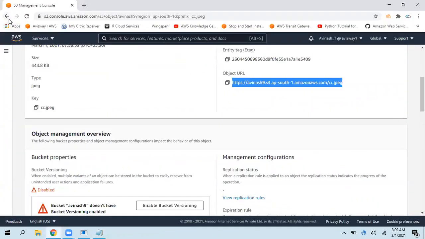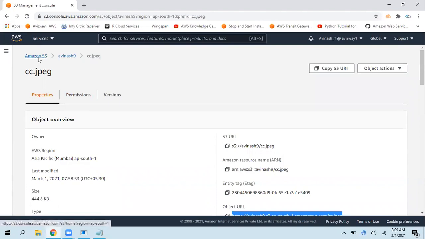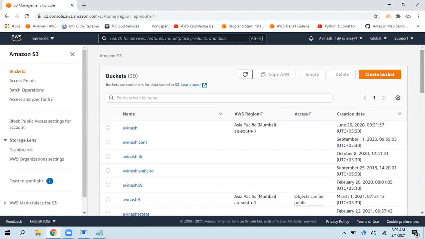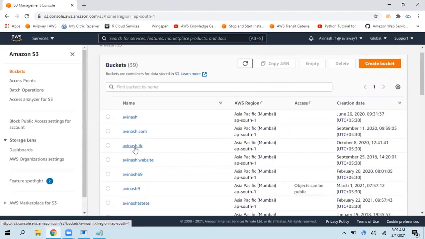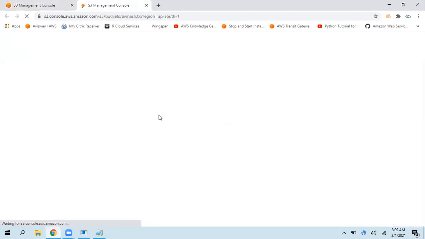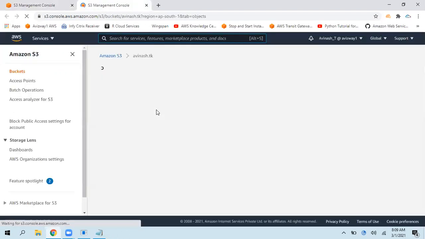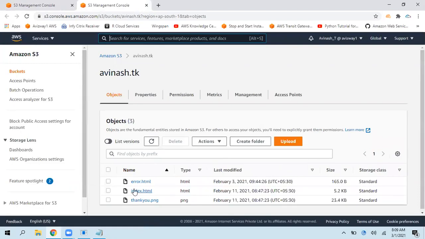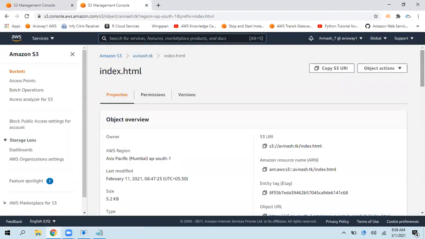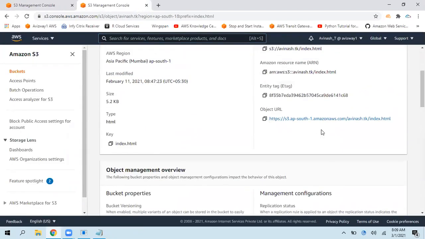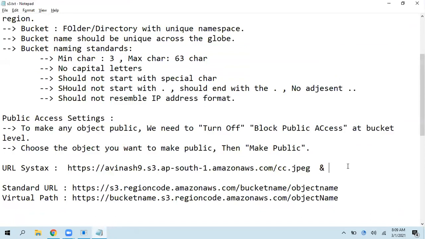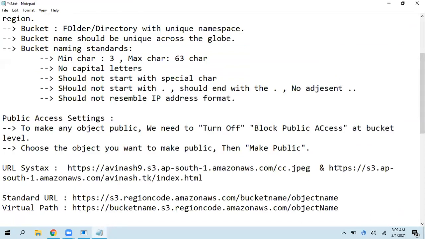Let me pick another bucket that contains a dot in the bucket name, for example avinash.tk. If I open this bucket and pick any of the objects within it, you can see s3 dot region dot amazonaws.com, then bucket name, then object name. This is also a publicly accessible URL. But if you observe,